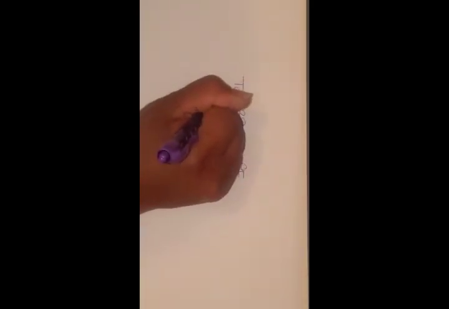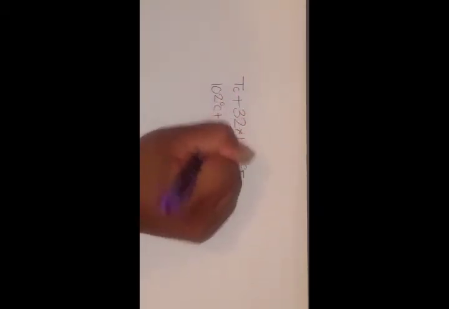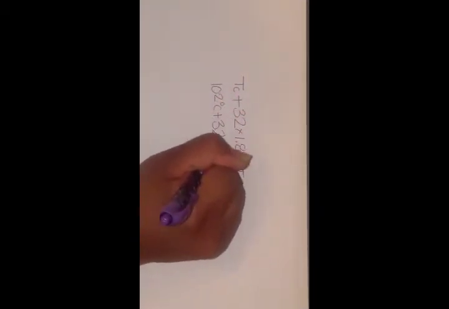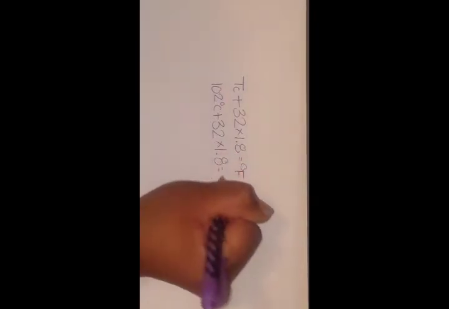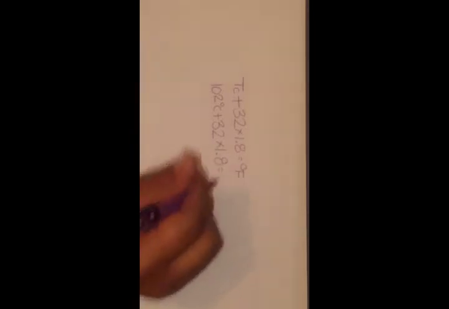The way we're going to do that is we're going to take our answer, which was 102 degrees Celsius, times 1.8, plus the 32, is going to give us our degrees Fahrenheit. So we're going to go ahead and solve for this, which is equal to